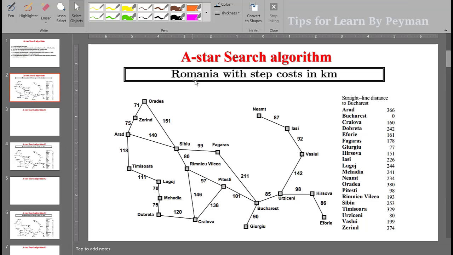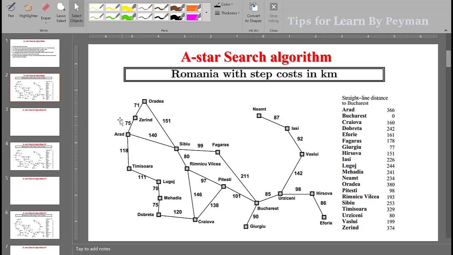Here, for showing how the A-star search algorithm works, I bring you the Romania map, which is one of the most used problems in graph traversal. We want to start from the Arad city here, as you can see, to reach Bucharest here. And as you know, we have some values between the two cities of Romania here. For example, you can see between Arad and Zerind we have the number 75 written here, and between all